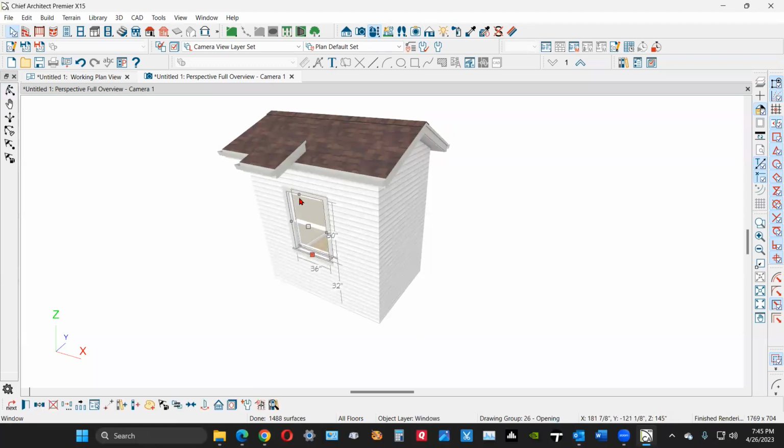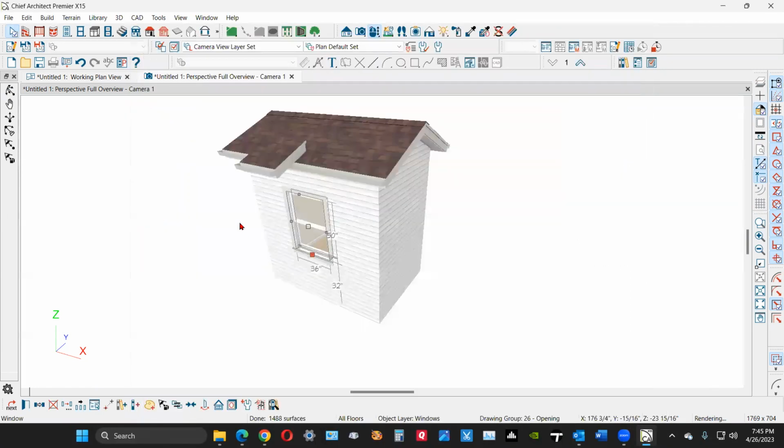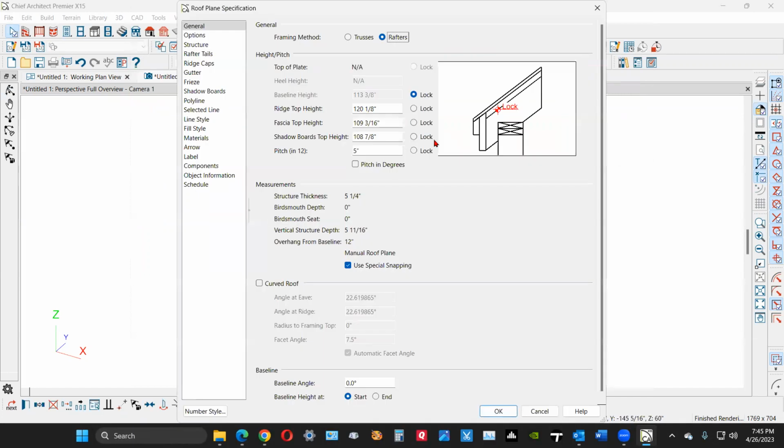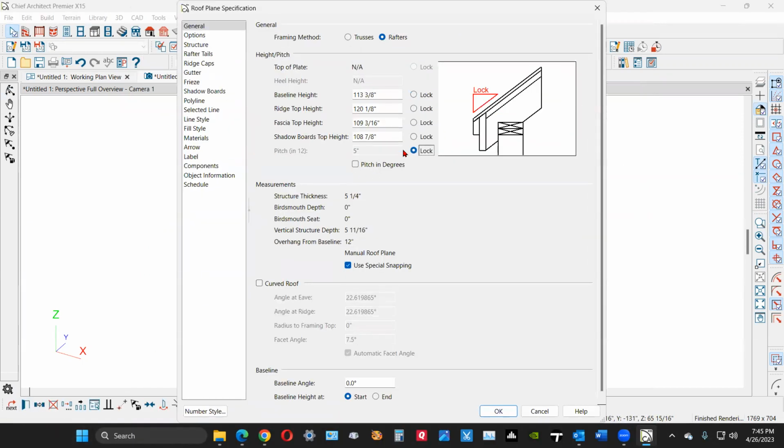Okay. Now let's see, this top of this window is what, 82. I'm going to drop this. Let's see what this is. To 90 inches. Oh, wait a minute. Let me undo that. I have to lock this first. Actually,